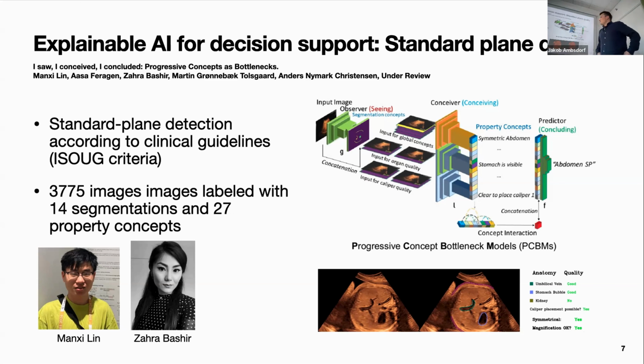And here, I think this is actually not a lot of images that they labeled, but imagine almost 4,000 images with a total of 14 different segmentation concepts, and then up to 27 image label concepts. This is a lot of work. And I think this is work very well spent. But if you think about what makes this project cool, I think it's because they solved the right task in the right way. And then the labeling is what comes after. So it would be cool if you can reduce that latter part as far as you can.